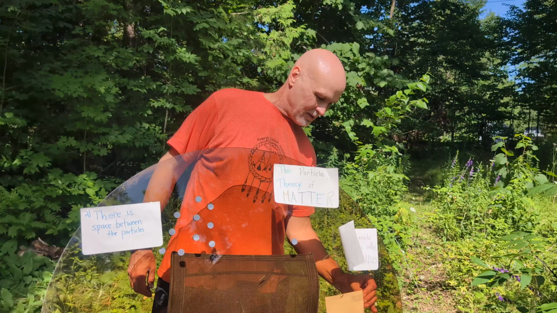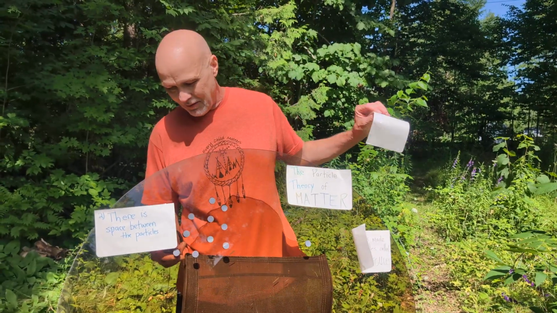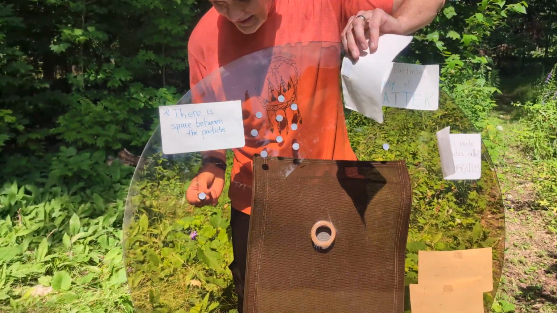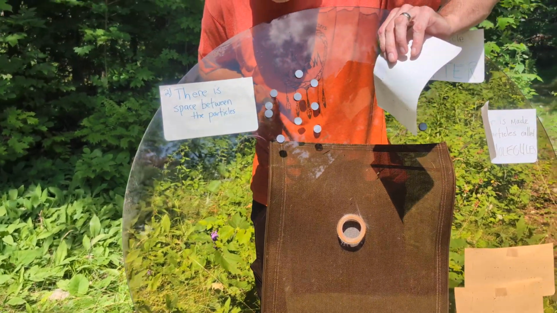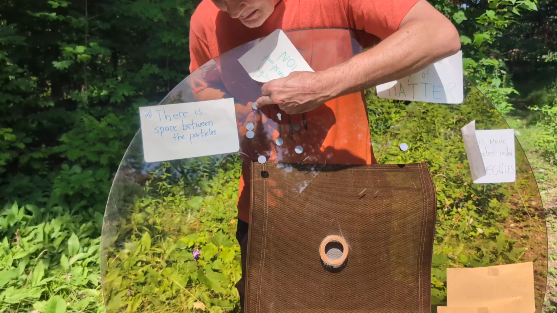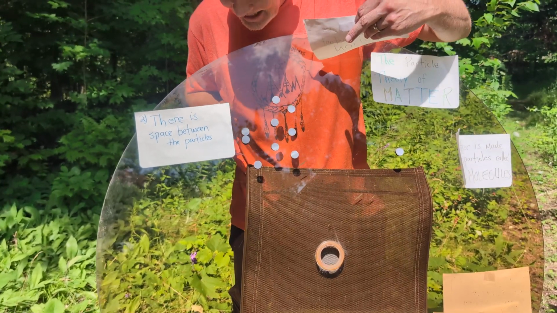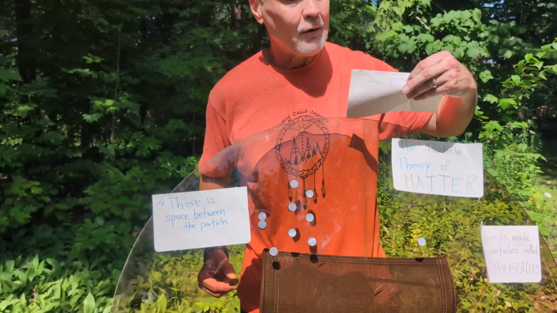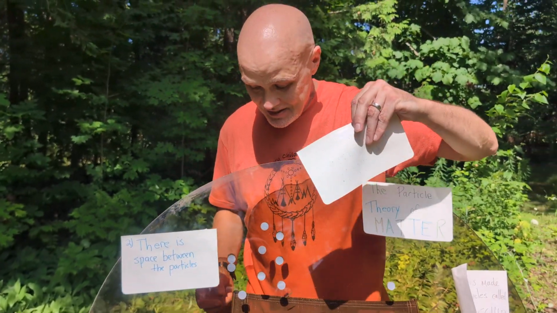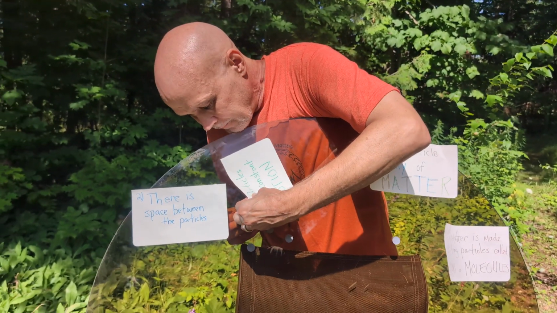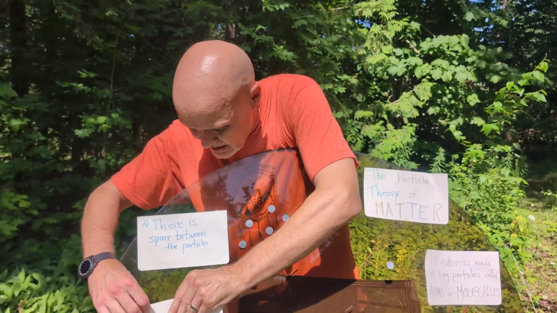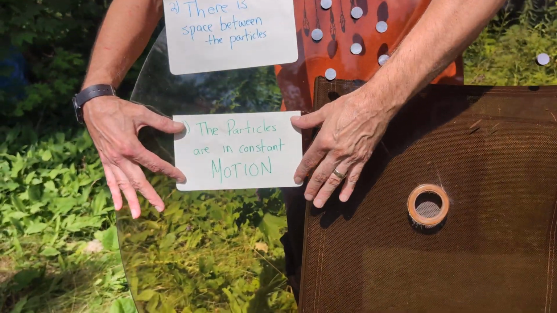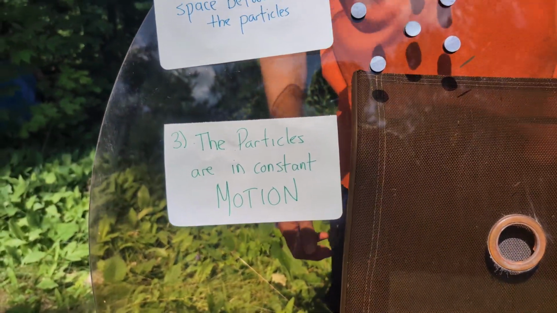Now, what are all of the particles always doing? All of the particles are always in motion, okay? So they're always moving around. Now, in a liquid, the particles can move around each other. They're also attracted to each other. I'll get to that in a second. In a gas, the particles can literally fly right away like that one did. Now, in a solid, they're sort of locked into a pattern, right? We might call that the crystal structure of the matter. But always the particles are in constant motion. So the particles are in constant motion.